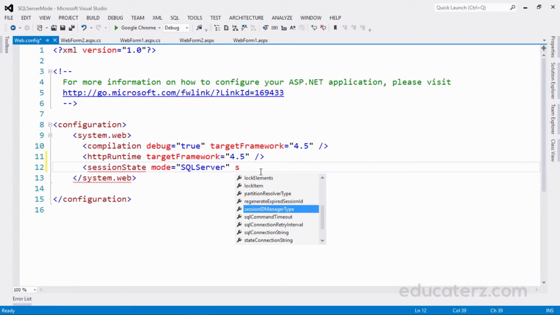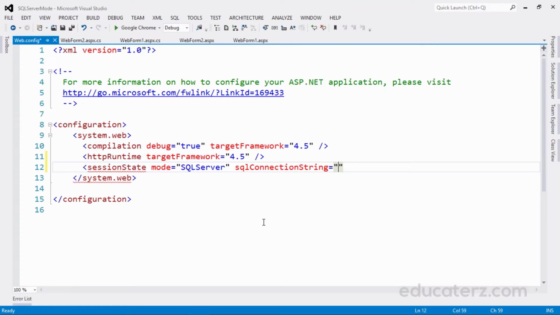Now the SQL connection string. We need to use a SQL connection string. Here, data source, which is like when we create connection strings, right? Same as here, we need to provide data source equal to the SQL Server name.